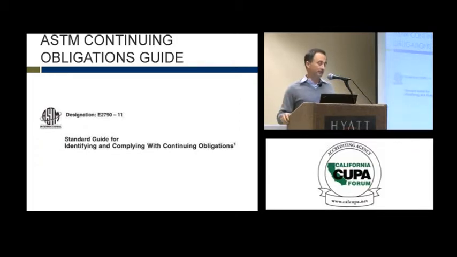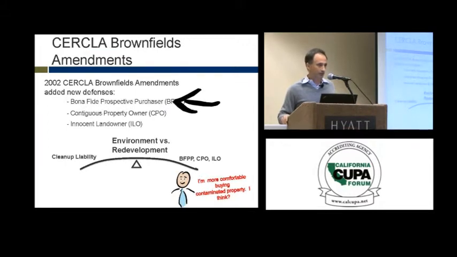So this guide came about really because of the CERCLA Brownfield Amendment. I'll go right to that, which said, and I'm sorry if you know this, going back to 2002, people can now buy property knowing that it's contaminated and not be off the hook for liability. It's a little like California's AB 389, very similar. As long as I can buy it and know about that, I can still be free from federal CERCLA liability, as long as, and this is where the continuing obligations come in,